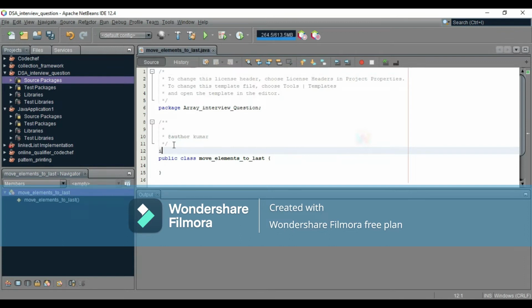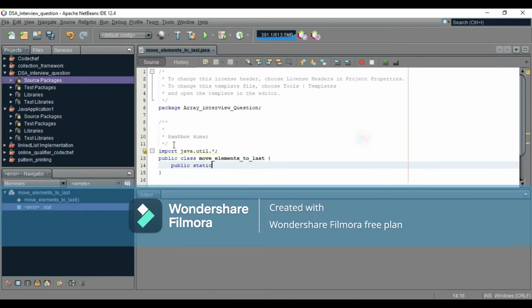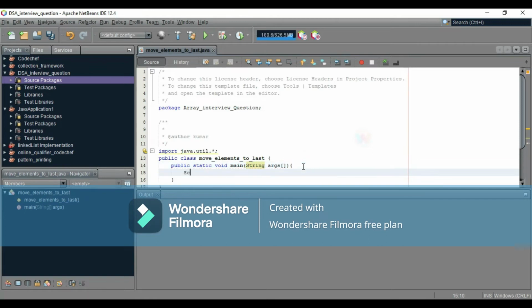First of all, we have to import our file as import java.util.*, and after that I have to make a main function, that is public static void main, String args, and after that we have to take a Scanner class for taking the input from the user: Scanner sc is equal to new Scanner